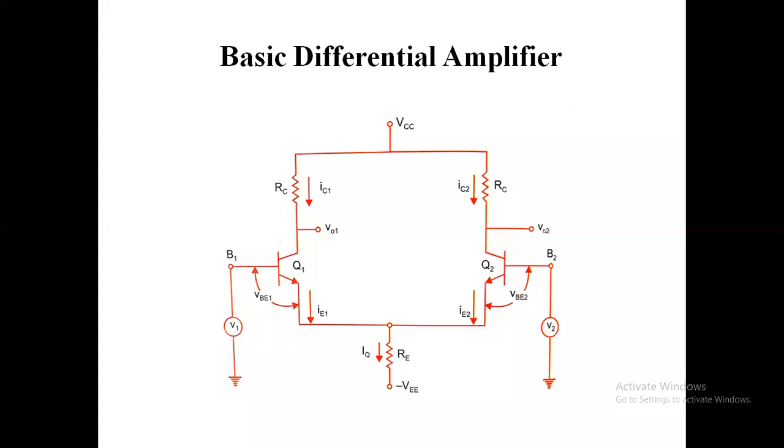The main purpose of a differential amplifier is to provide high gain to the difference mode signal and to cancel the common mode signal. This common mode signal has to be cancelled, and we have to provide a high differential mode gain. So it is able to suppress the noise at the common input terminals, and the input signal is taken.